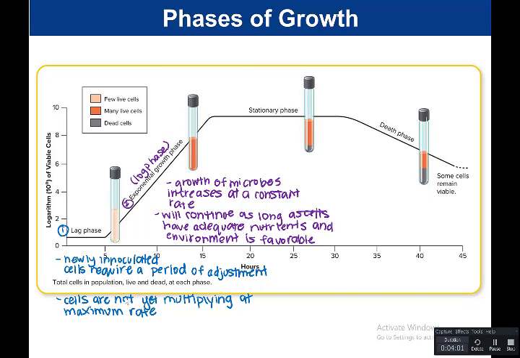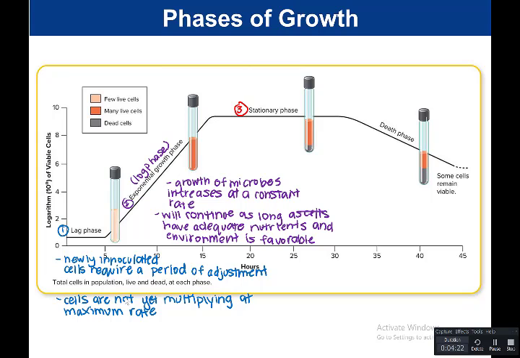So this is going to be your fastest rate of growth. Bacteria are going to increase at an exponential rate. If you look at your log scale, you're going to see that this population is growing at a steady rate. This is your fastest rate of division until eventually they get to what we call the